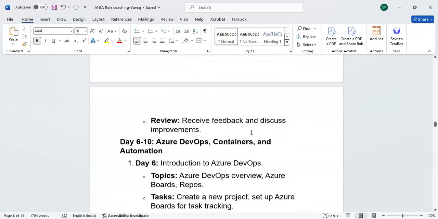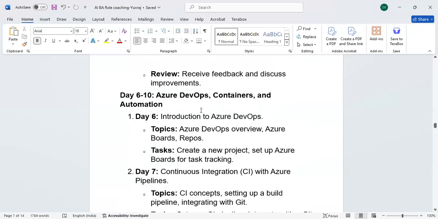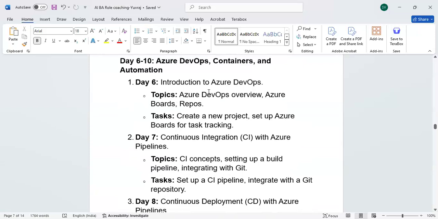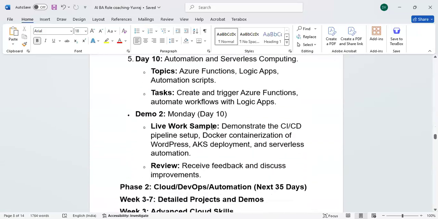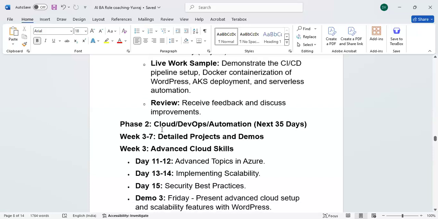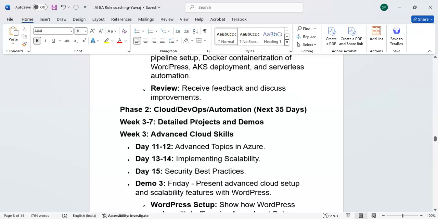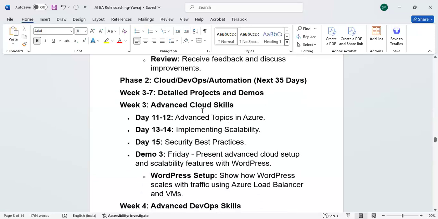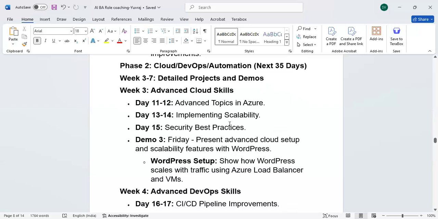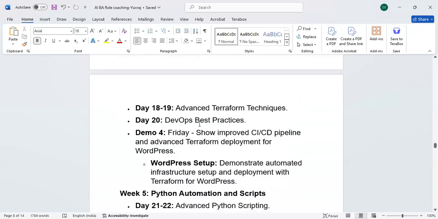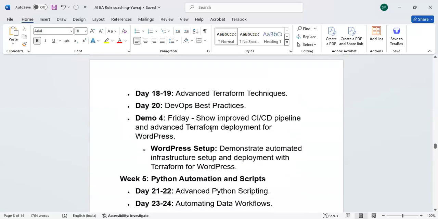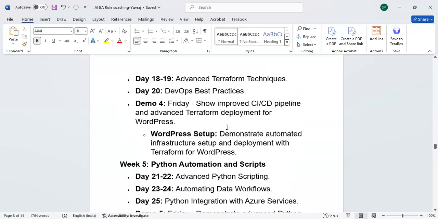Then here all are part of the zero to hero course. These contents, these are the Azure services areas. Okay. Then in phase two, you are going to do advanced topics demos also. Advanced topics means like you have Kubernetes, you have containers, you have DevOps practices also, all those CI/CD pipelines, all these things. You're going to learn them and you're going to do the demos here. You're going to build some kind of sites also, websites also for deployment purposes.